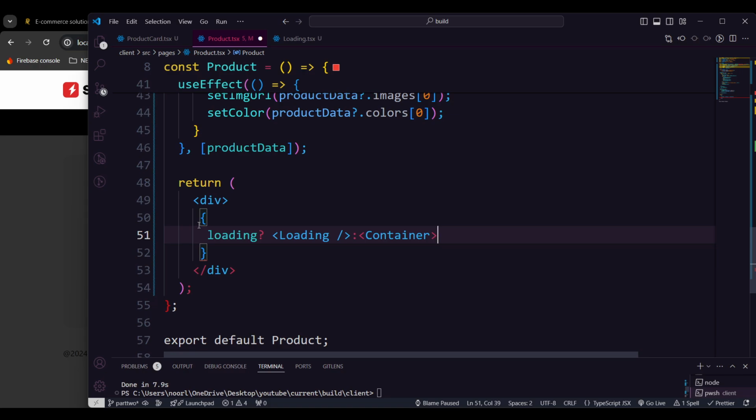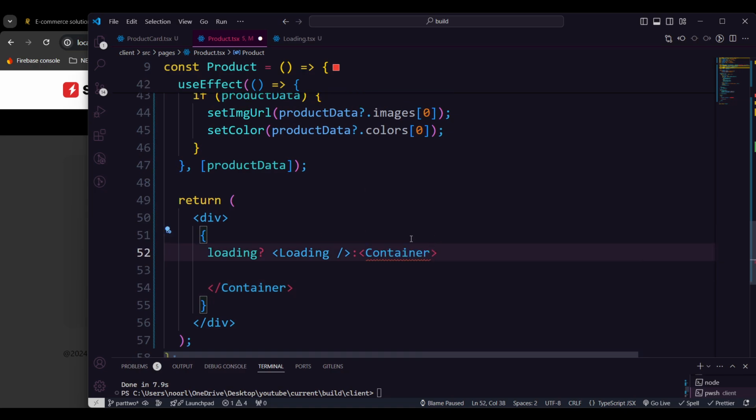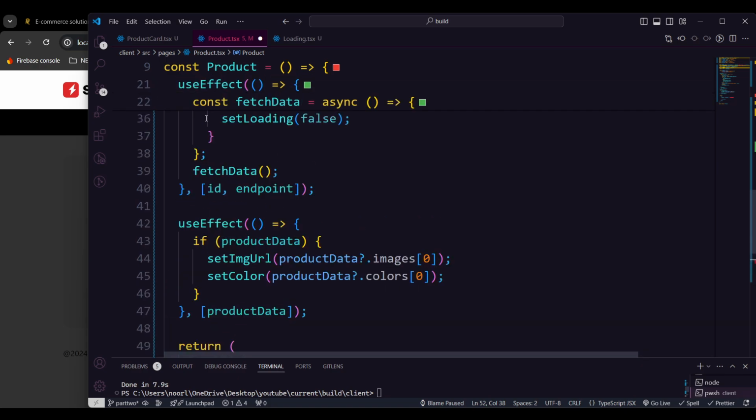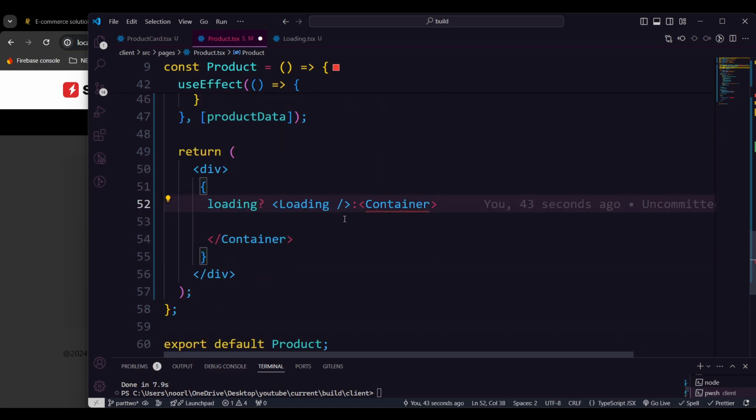So whenever we are going to show the loading, remember, loading starts whenever we are going to get the data. Now in that container we're going to pass several conditions. What kind of condition? If we have an id, and if we are going to have that product data,